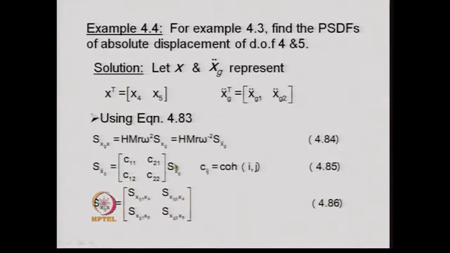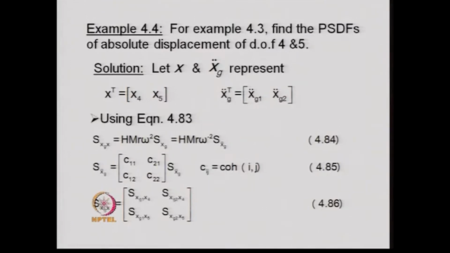Mind you, this Sx double dot g is a single quantity, that is the power spectral density function of the earthquake, that is the El Centro earthquake that we have considered, and when it gets multiplied by C11, then it gives the power spectral density function matrix between the excitations at point 1 and at point 2. The excitation becomes C12 into x double dot g, and obviously this C11 and C22, these values are equal to unity,